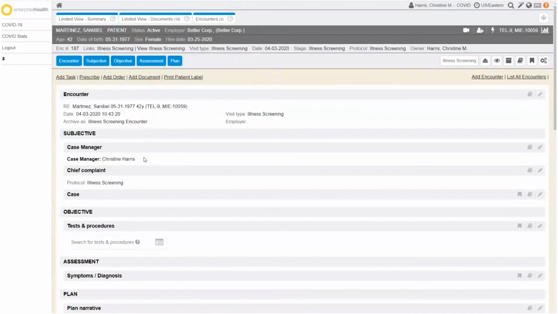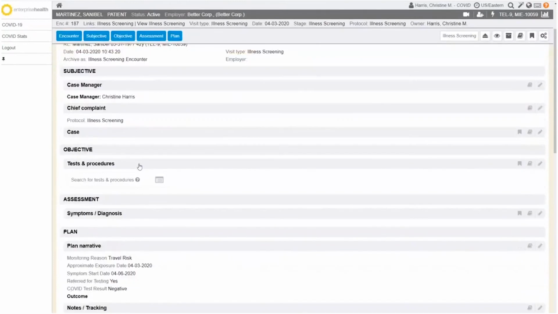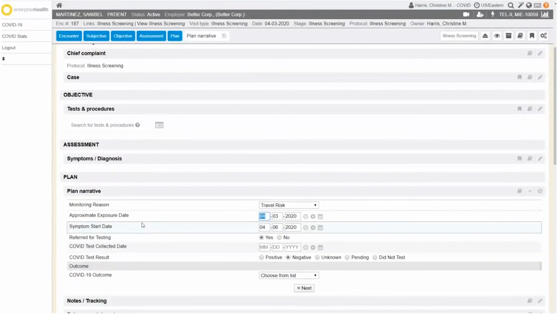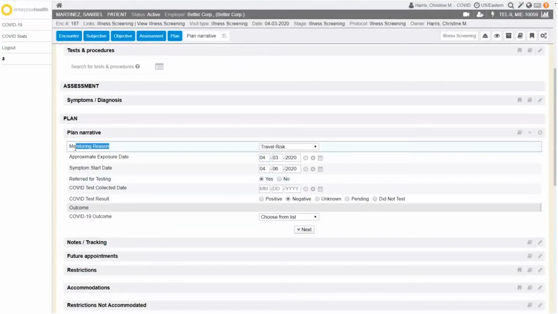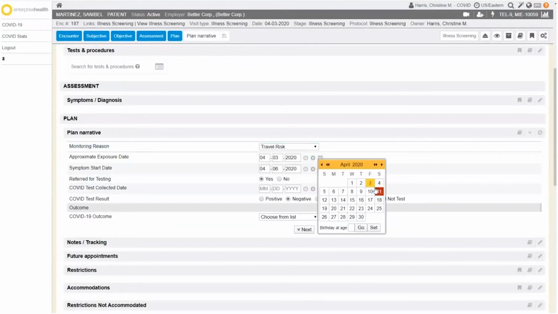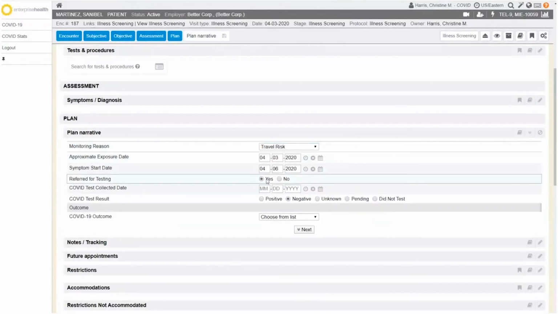I can see a case manager, so this would be the person who's following this employee, if you want to use that and assign somebody here. I can go to my plan narrative, and think of this, if you are currently tracking some things on a spreadsheet, this is where you can visualize that. So if I'm tracking a monitoring reason, maybe an approximate exposure date, when symptoms started, if I decide to refer this employee for testing or not, if the test is pending, positive, negative, and then also you can track